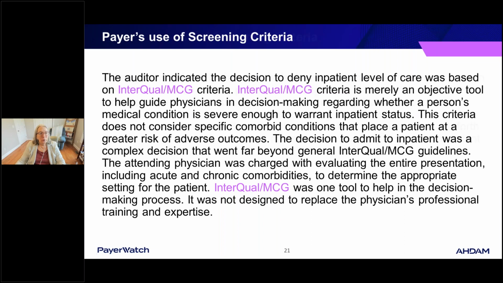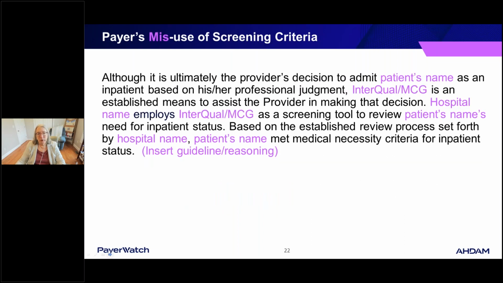Okay. What about their misuse of screening criteria? So then let's say they're using screening criteria and you use the same screening criteria or even a different screening criteria, but they use an incorrect one or they misapplied it. Then you can argue back to say that although it's ultimately the provider's decision to admit the patient as an